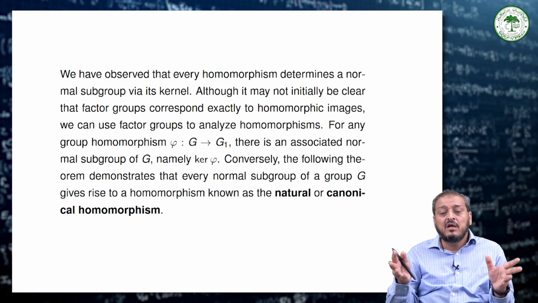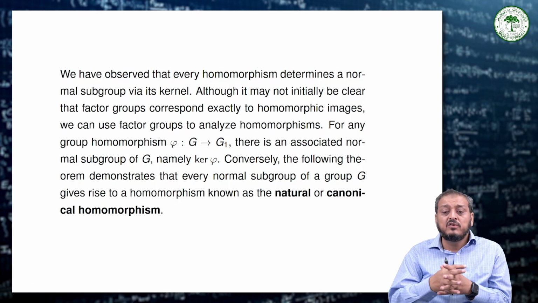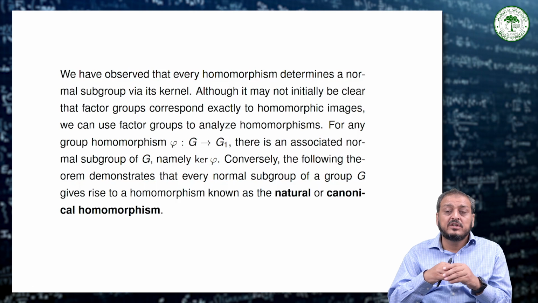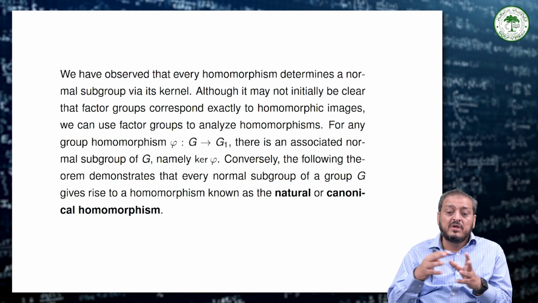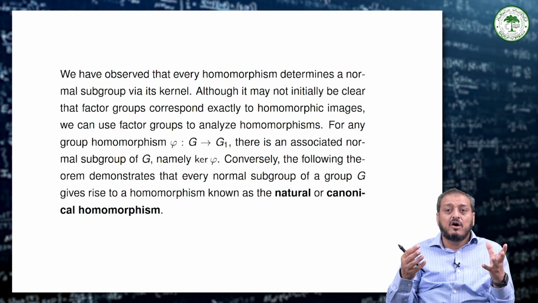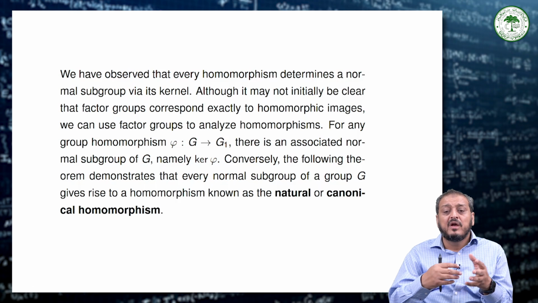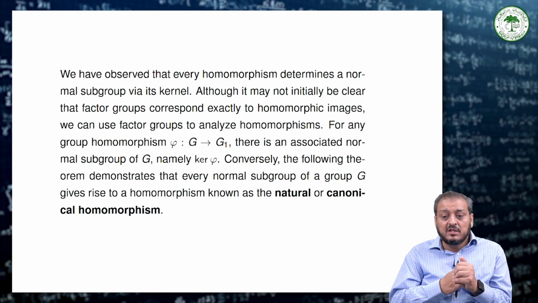For any group homomorphism from G to G1, there is an associated normal subgroup of G, namely the kernel of φ. We already showed that the kernel of this homomorphism is clearly a normal subgroup. Conversely, the